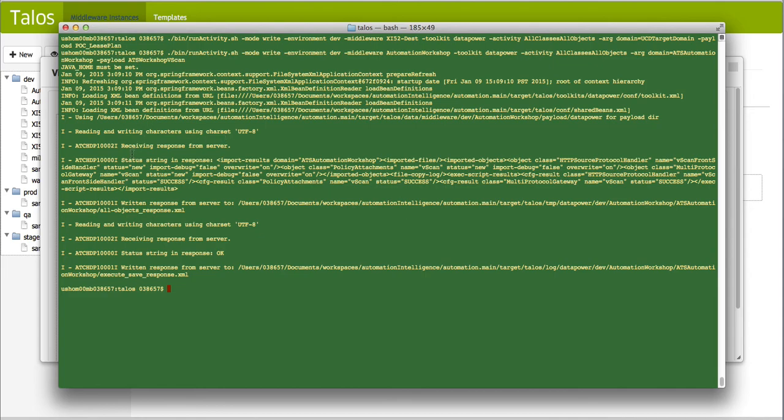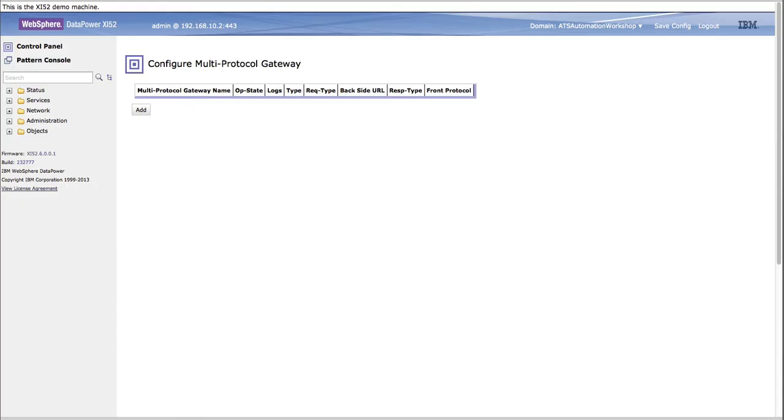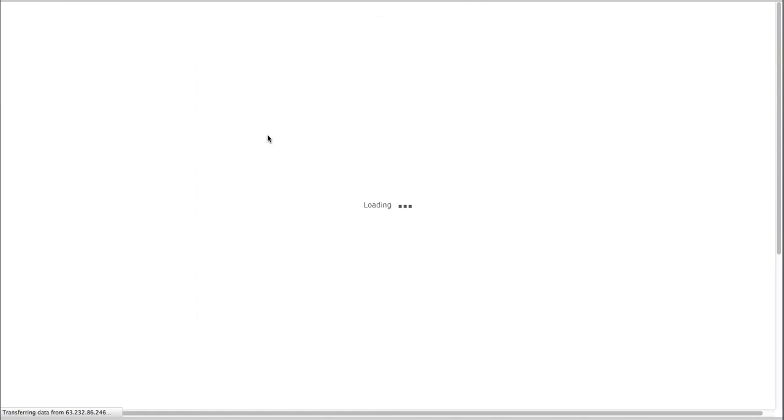Okay, so we've pushed this out and we've created the policy attachments and we've created the vScan front-side handler and we've created the multi-protocol gateway. And then we saved the settings. That's the second call here, a call out to save the changes that we've made in DataPower. So if we log back in to DataPower, and we refresh this page,